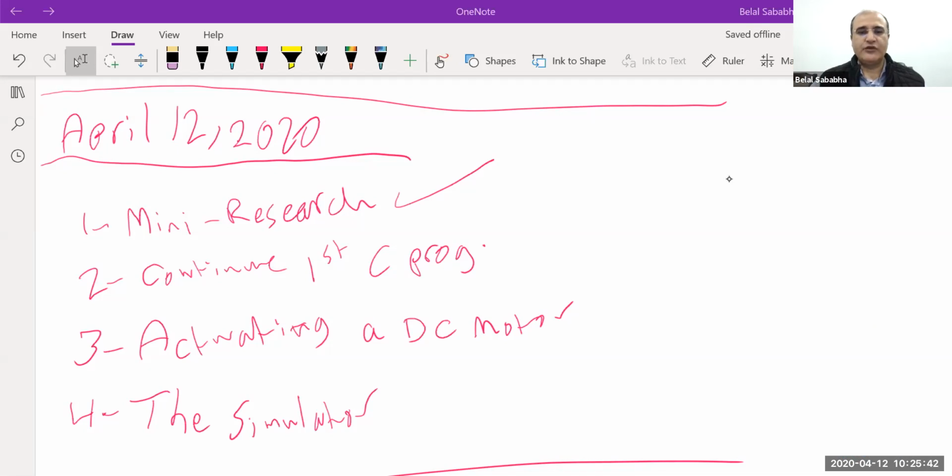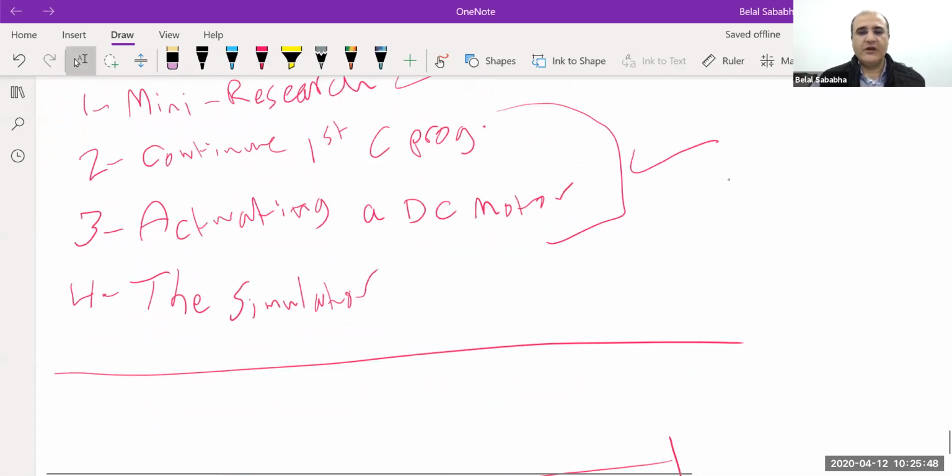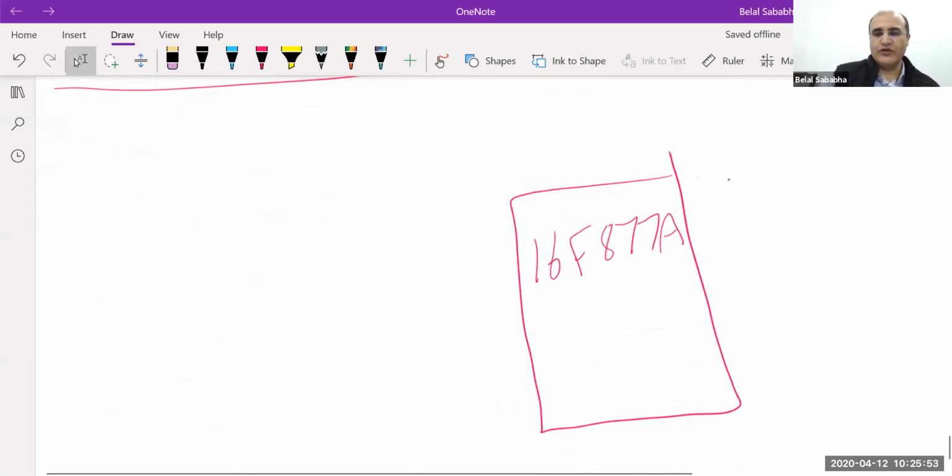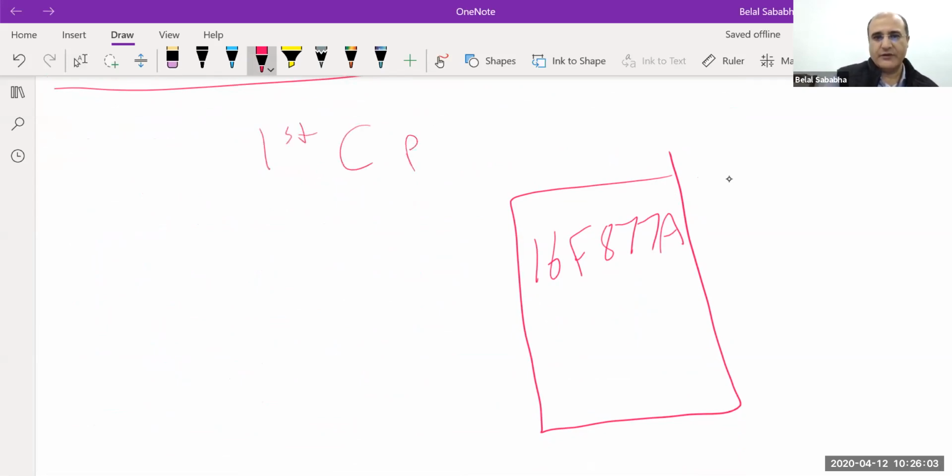Today, we're going to continue two practical examples using C with microC Pro. The first example we started last time, we will use the microcontroller. We did not write any C program yet. So our first C program will be to make the microcontroller 16F877A MCU